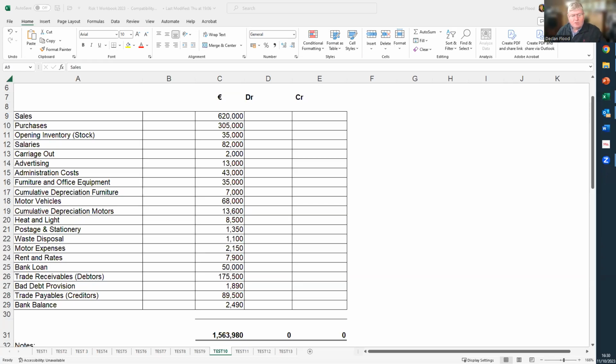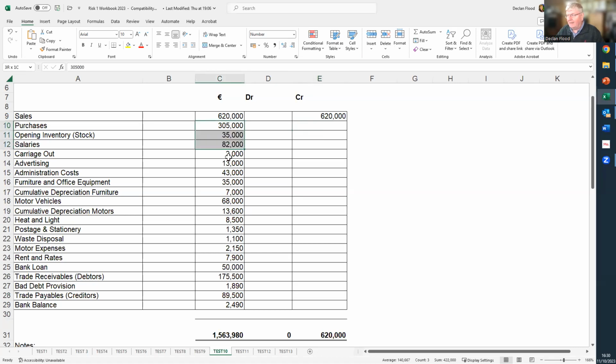Hi, everybody. Just on the last session, I said I would just do test 10 in the first workbook, just to show you how it works and what it does. So there are two parts of the question. The first is just to extend the figures. So again, look back on previous examples, and all that means is just putting the numbers into the correct column,